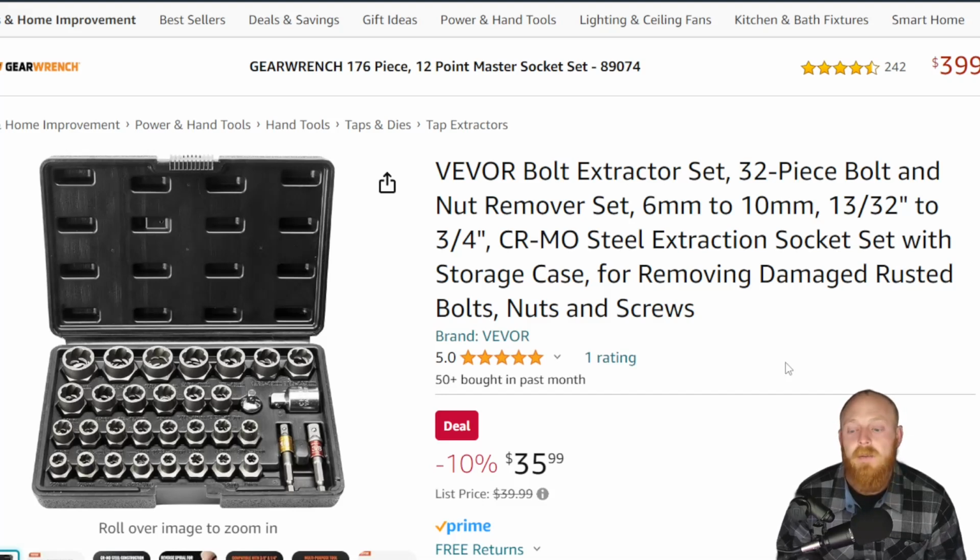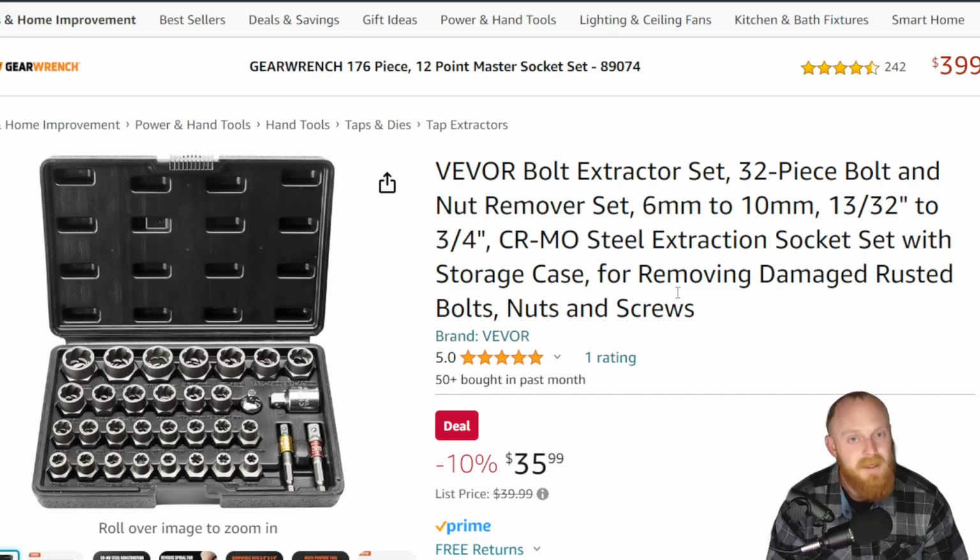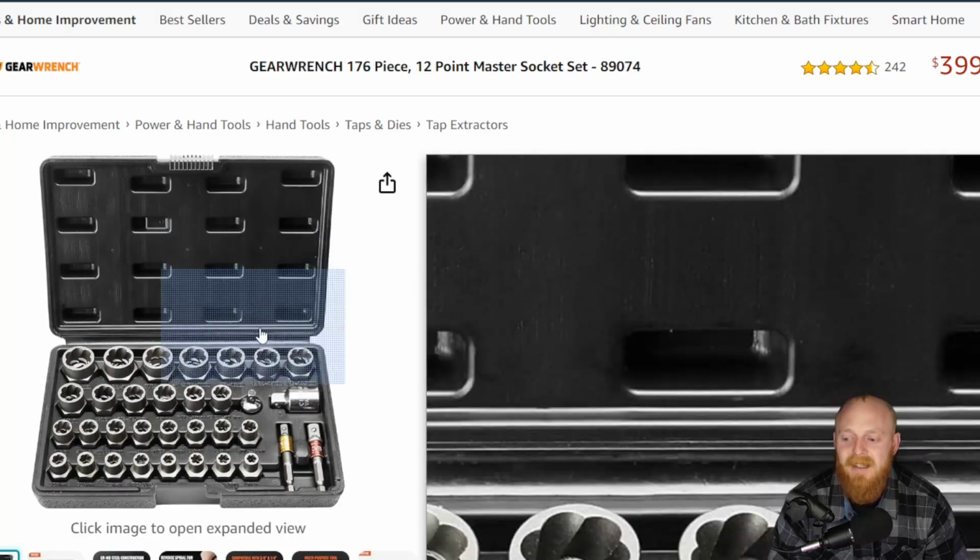If you look at a lot of these bolt extractor sets, they come in plus and minus sizes. So you'll have 6 and then you'll have 6.5, and basically it works for both metric and SAE. Then it fills in those gaps if the fastener has excessive rust or corrosion, or if it's really worn and it's not its original size anymore. It has a lot of those in-between sizes to help fill the gaps so you can get a good bite on those fasteners. And this one definitely has some interesting sizes included in it,